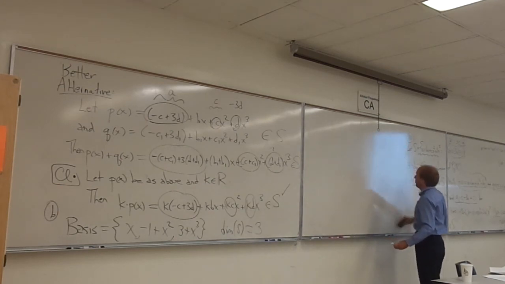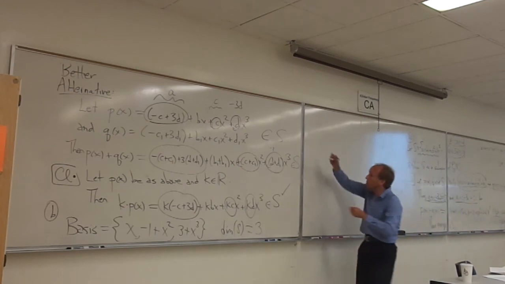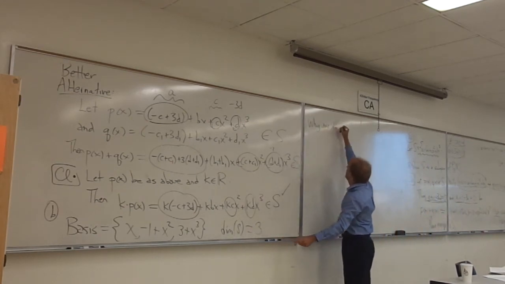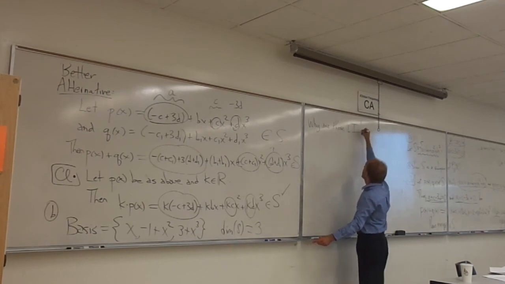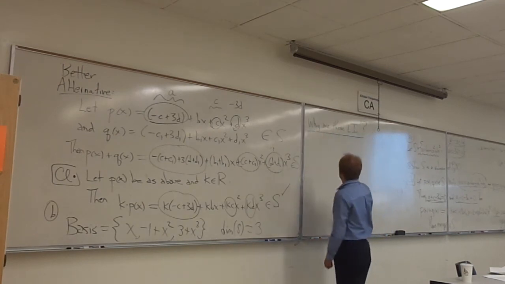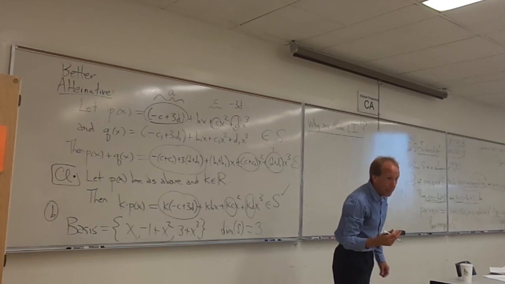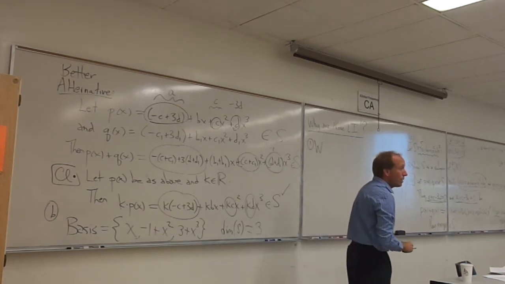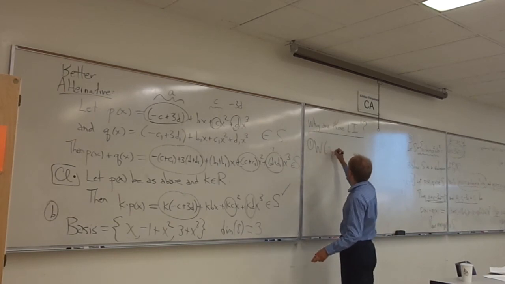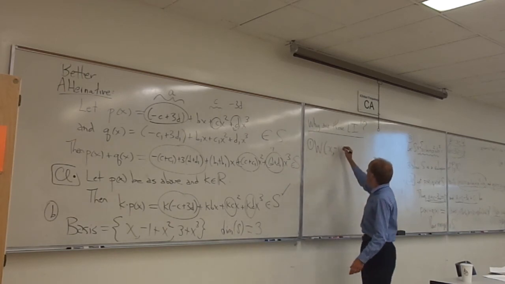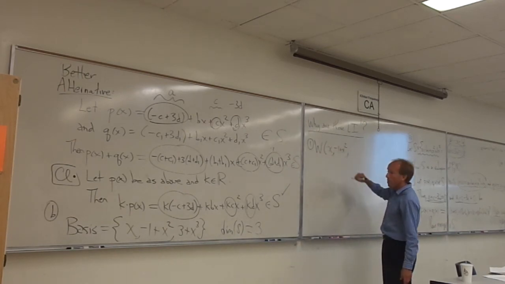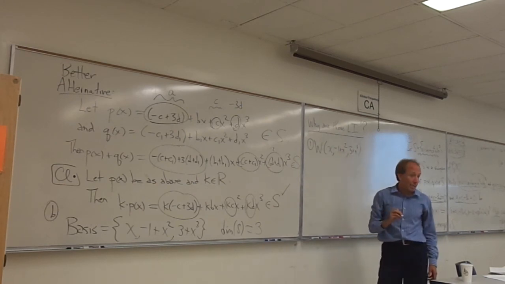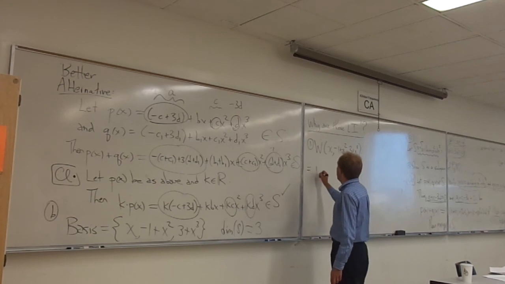Okay, so why are these linearly independent? That's kind of a good point. There are many answers we could give, one of which I really like is this Wronskian idea. So we could just take the Wronskian of x and negative 1 plus x squared and 3 plus x cubed. We could literally just take that Wronskian, and what we would get would be the determinant of